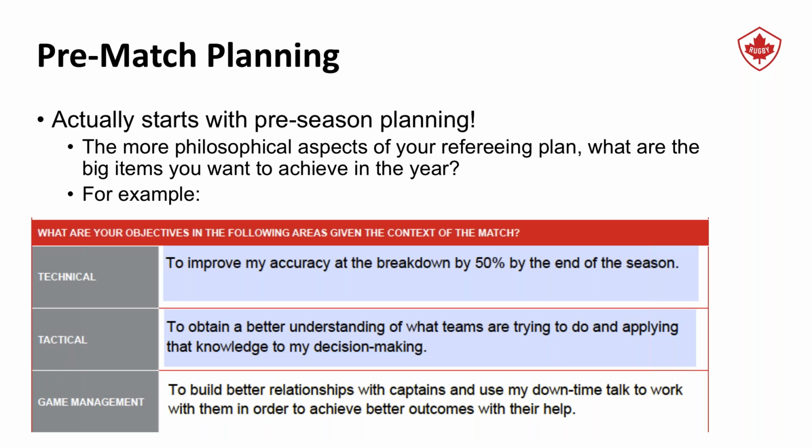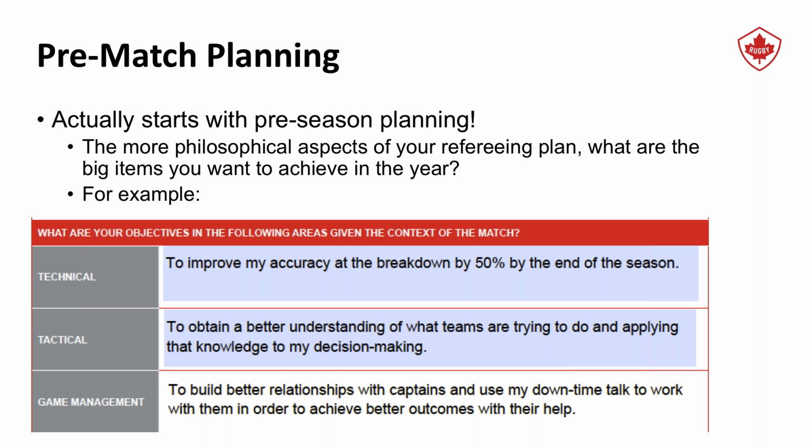So knowing what competition you're in and how you phrase your goals matters. There's a lot of work out there about SMART goals, and we won't talk specifically about that, but when we're looking at things, are they measurable? Are they achievable? How can we make sure we put together things that we are actually able to do, as opposed to just saying, I want to referee X game by the end of the year? From a tactical perspective, obtain a better understanding of what teams are trying to do and apply that knowledge